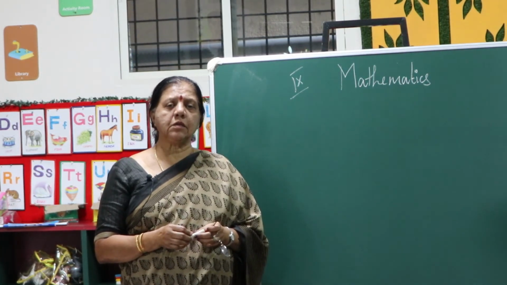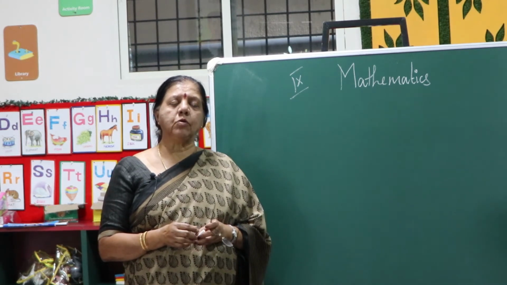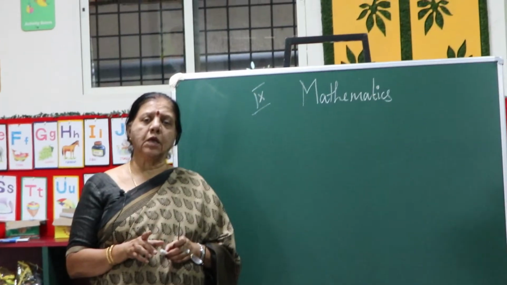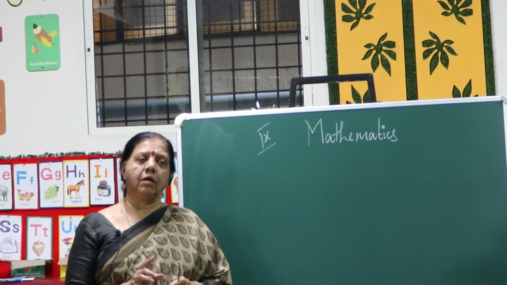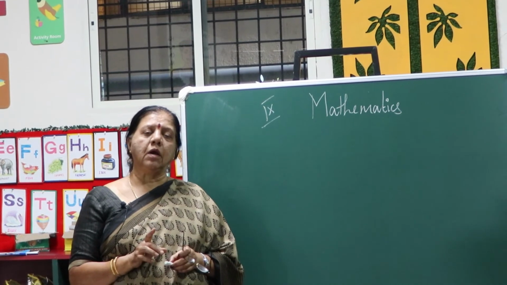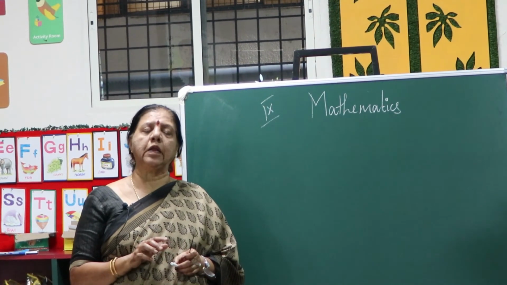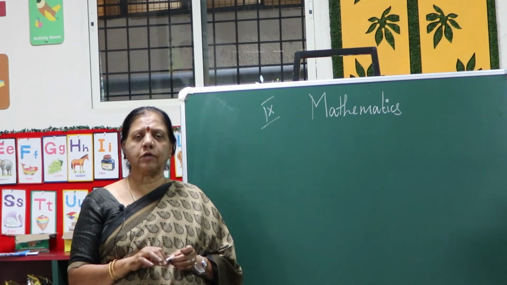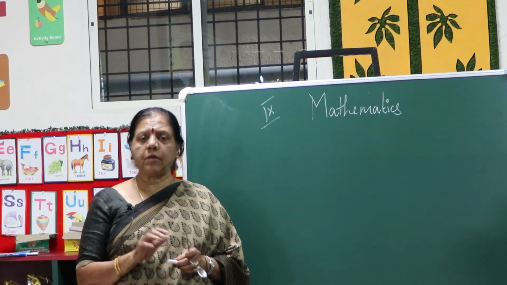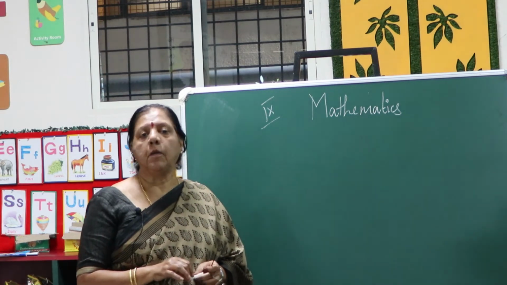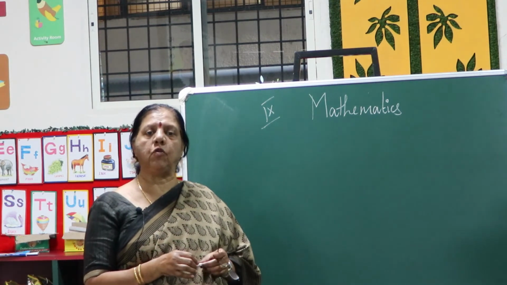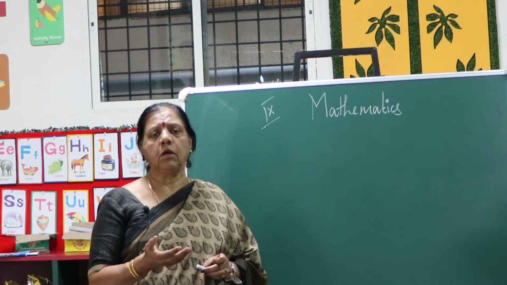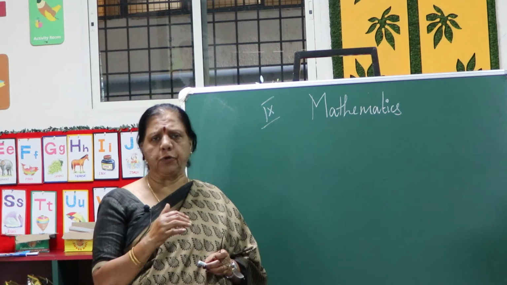In the previous class you have studied about number system, under number system, types of numbers and decimal expansion, rational numbers, irrational numbers and real numbers. Related to that you have studied in detail. Some of the problems I solved on the board. Some of the problems you follow from the textbook. You can also see the examples and follow the methodology and do it.